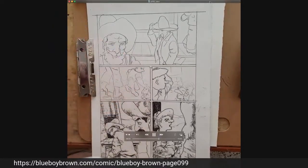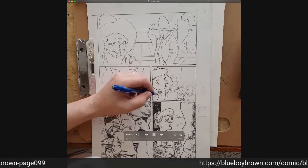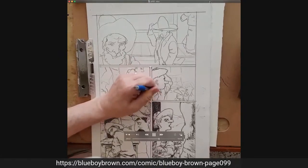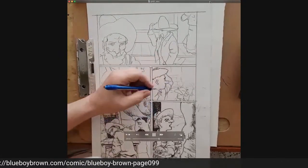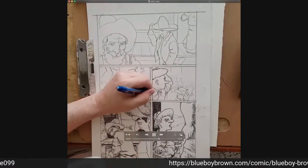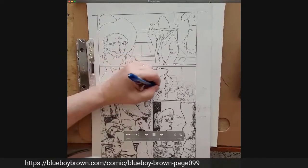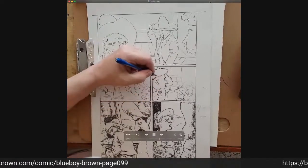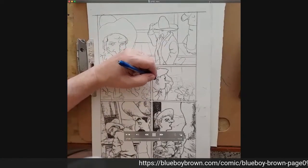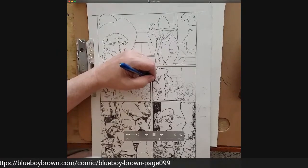Get yourself a little sketchbook and start. There's two things if you want to do comics. It depends on what you want to do. I write and draw my own comics. This book here is based upon a novel I wrote back in the 2000s, that was based upon a little one-page summary that I did many years ago